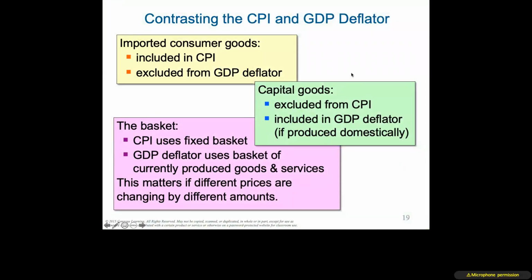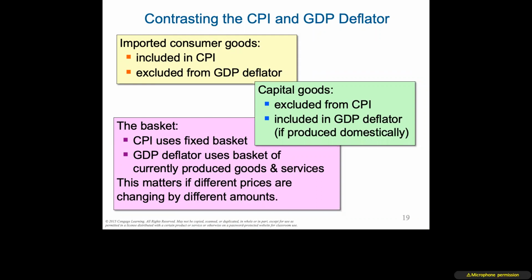So contrasting, gave you two options, right? You've got a CPI and a deflator. And what you need to know is that both are great measures, but both measure slightly different things. And because of that, we need to be able to look at them. For instance, imported consumer goods. Well, they're included in the CPI because the CPI just counts a market basket, but they are not included in the GDP deflator because that is gross domestic product. If something is imported and it's a consumer good, it will not be counted. It will actually be exports minus imports. It'll be a negative, right? And we don't count it if it's not made in the United States.